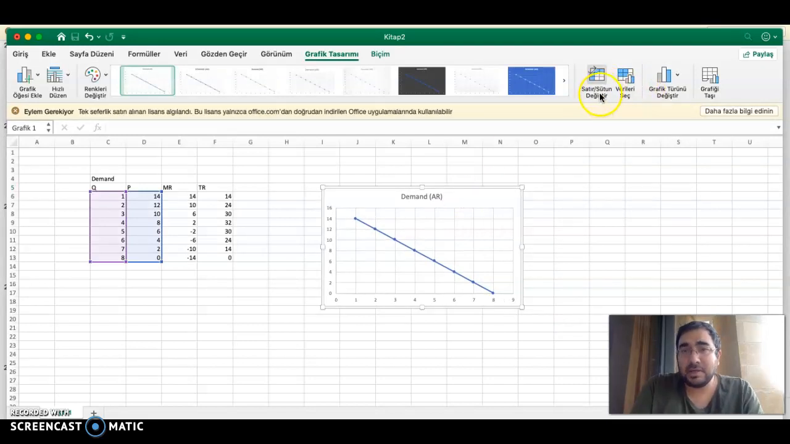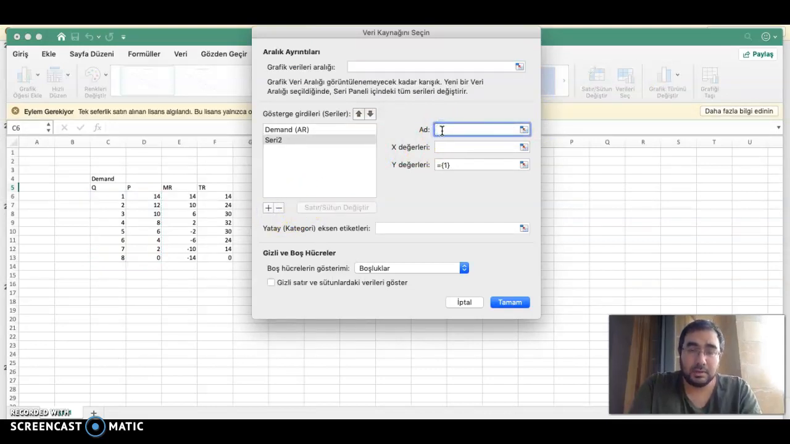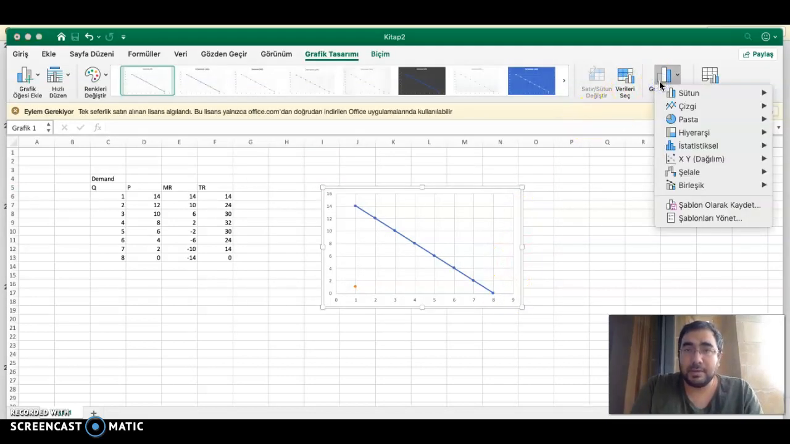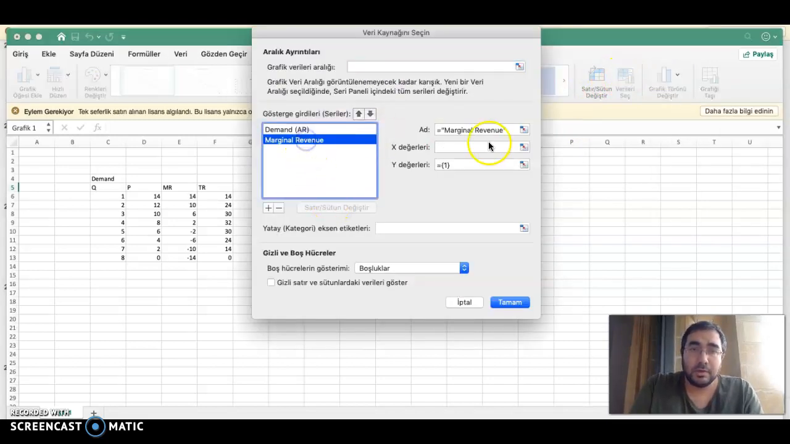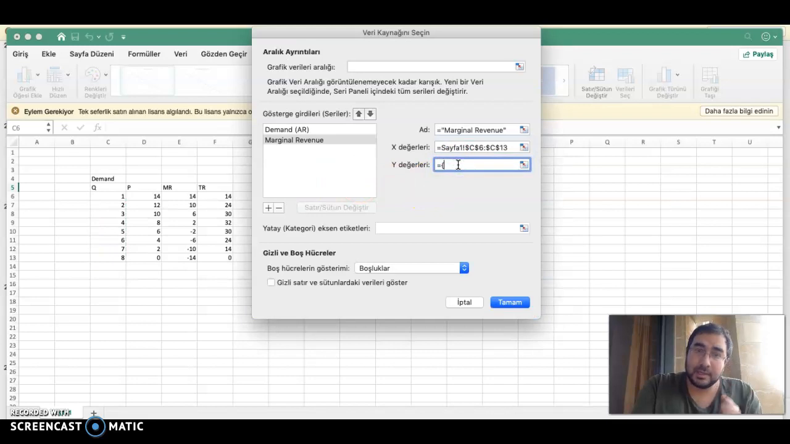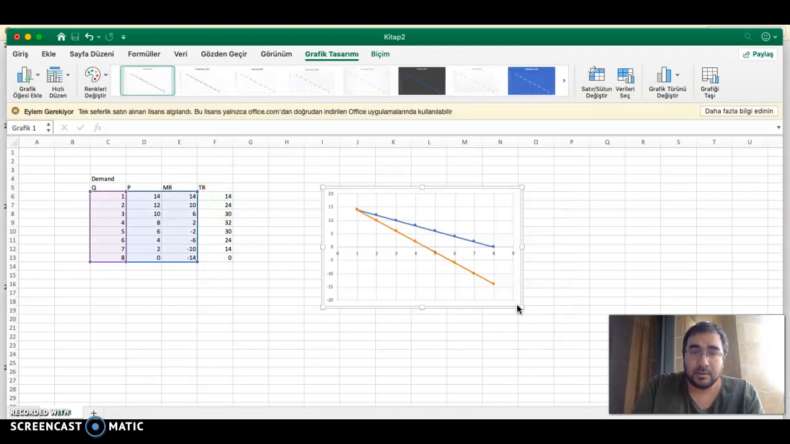So we will add another series, obviously, which will be series 2, our marginal revenue. Okay, I'm sorry. Marginal revenue. I should work on it more. So the x values are again the quantities, but y values are the marginal revenue we have found here. So when we draw it, and let me make it a little bit more beautiful,